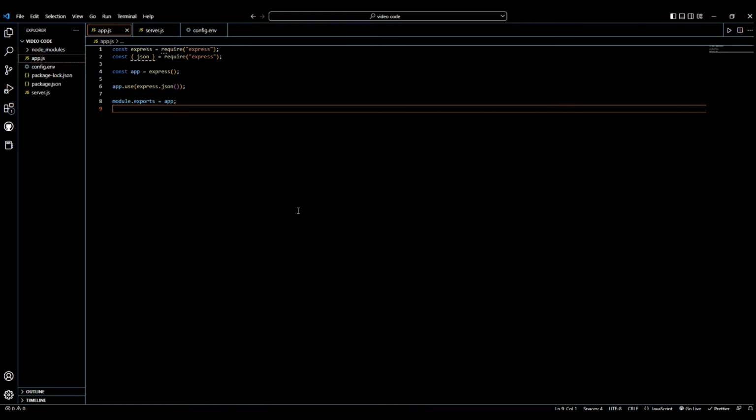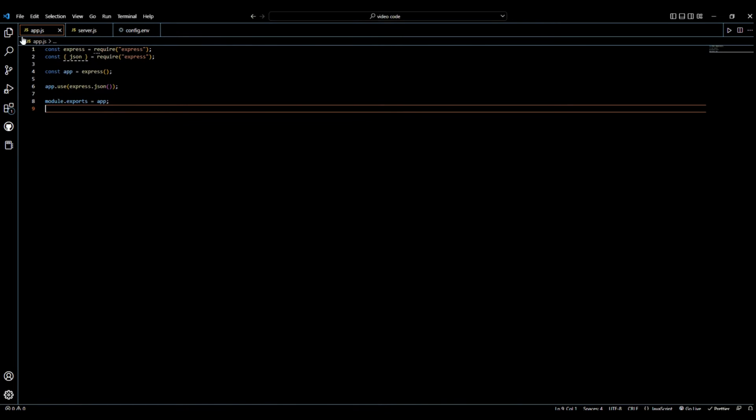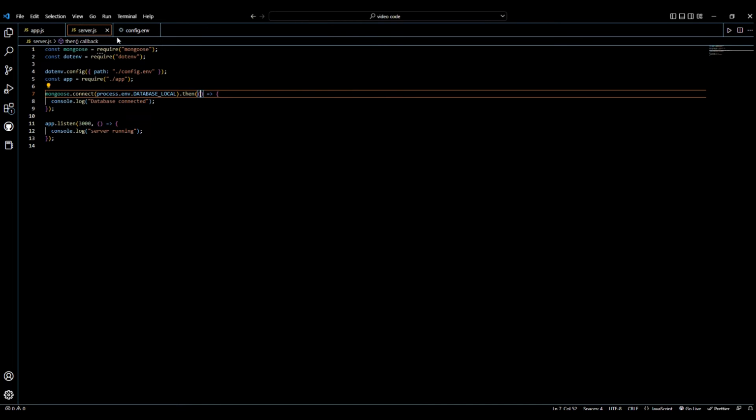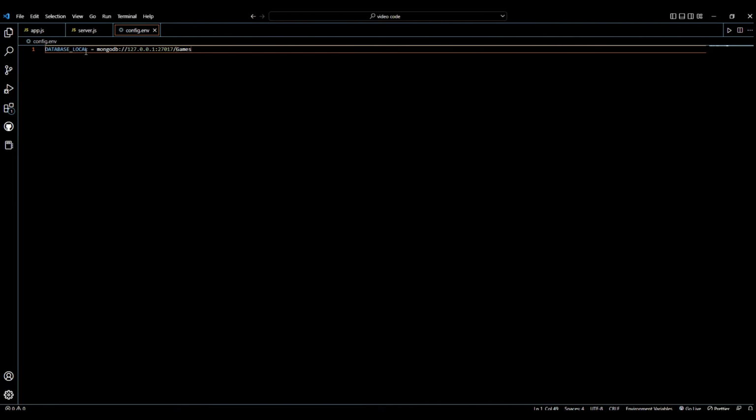Okay, so at this point, you should know how to start with the basic Express server, have the app file, have the server file, and I showed you in the last video how to connect to MongoDB. The only thing we're going to do differently, since we're using a shell, is create a database local variable in the config file and say MongoDB